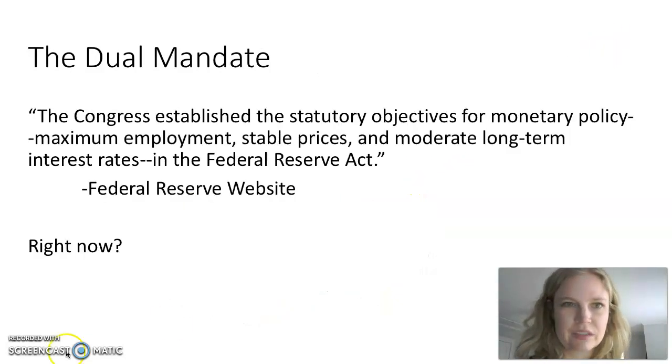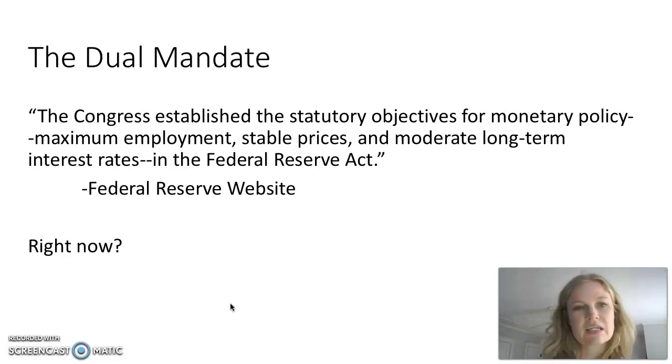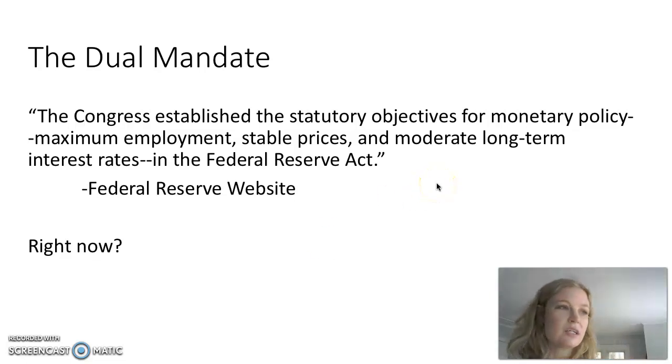So there's that. All right, so the Federal Reserve is very obsessed with something called the dual mandate. And this is from the Federal Reserve website. The Congress established the statutory objectives for monetary policy: maximum employment, stable prices, moderate long-term interest rates in the Federal Reserve Act. So when you read a statement by the Open Market Committee, which you would have done last week, you'll see that they talk about the dual mandate. Hey, we can't control the debt. We can't control taxes, right? This is our job. This is what we're focused on, the dual mandate. Low unemployment, stable prices. And are these competing goals? Yes, they are in the short run.